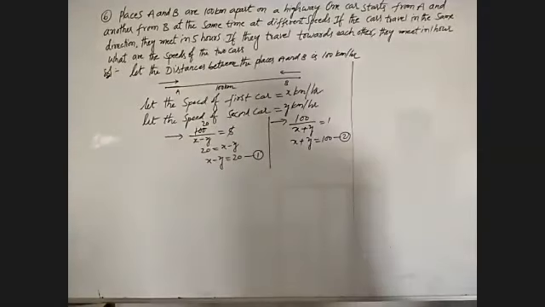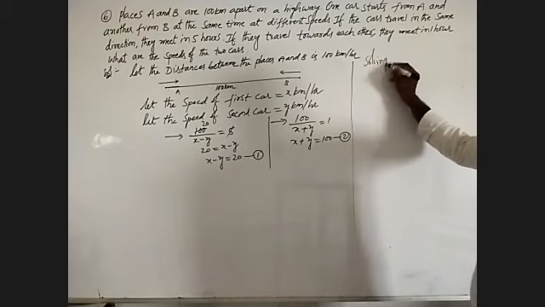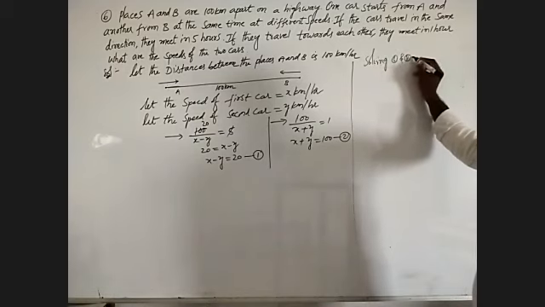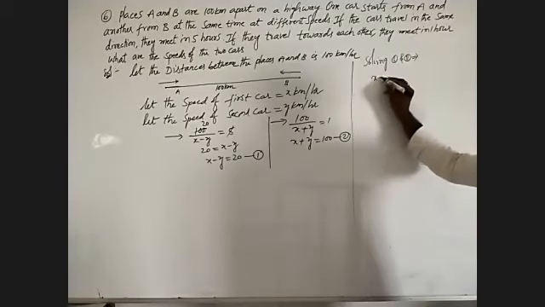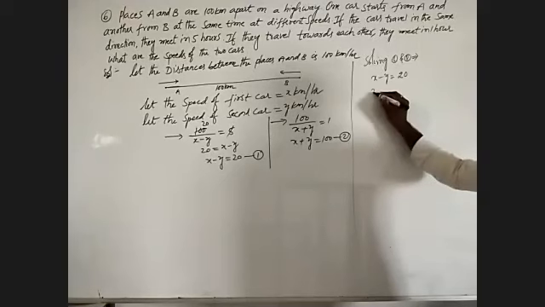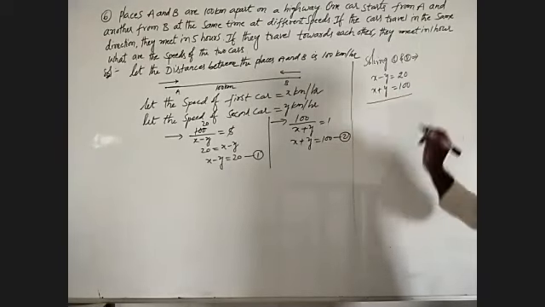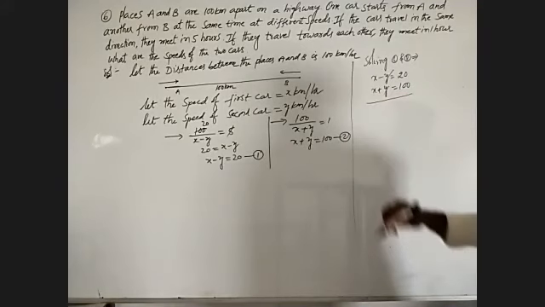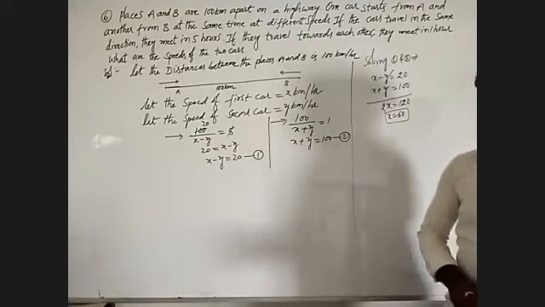Observe. Solving 1 and 2, what about the value of equation 1? x minus y will become 20. After that, x plus y will become 100. So observe in these two equations, minus y and plus y will be cancelled. And 2x will become 120. That is x is equal to 60. x is equal to 60.